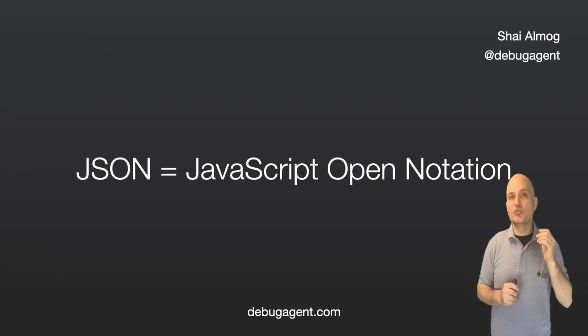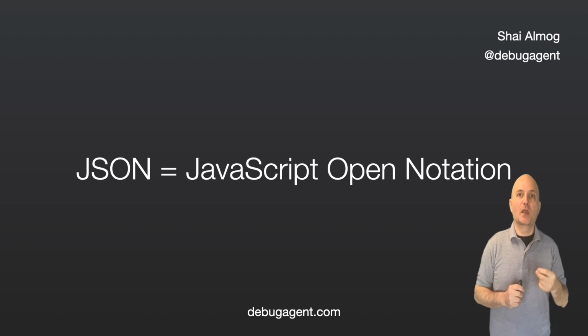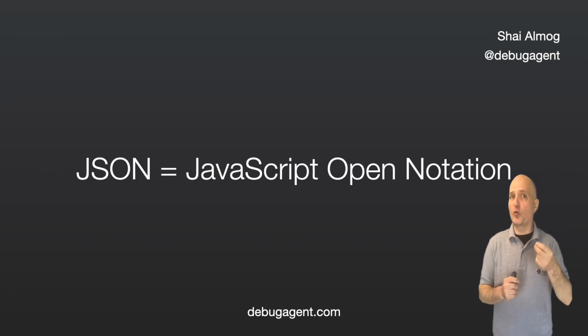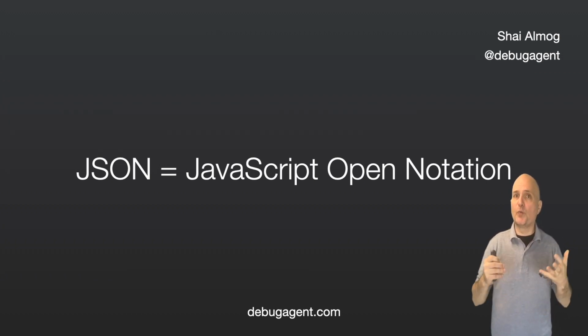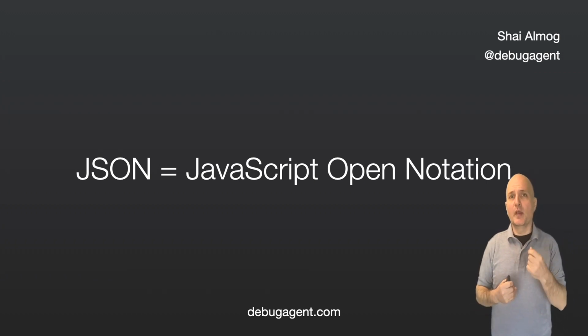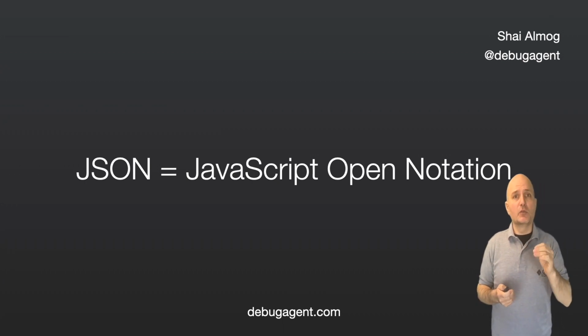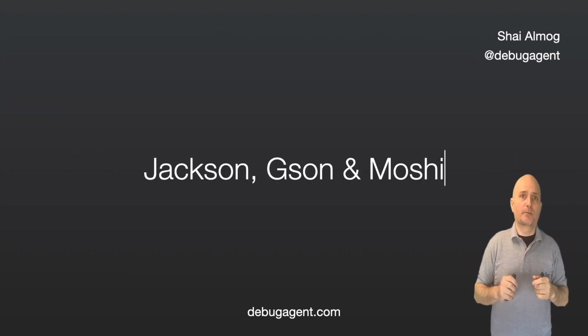JSON stands for JavaScript Object Notation. It's a way to represent data that we can send over the network or save to disk. Up until now, we invented the way in which we saved the files. We used commas and newlines. This works, but it's also error-prone. A small mistake can break the file. It also means that we need to write a lot of code to read and write to the file. JSON can make that simple and better looking.